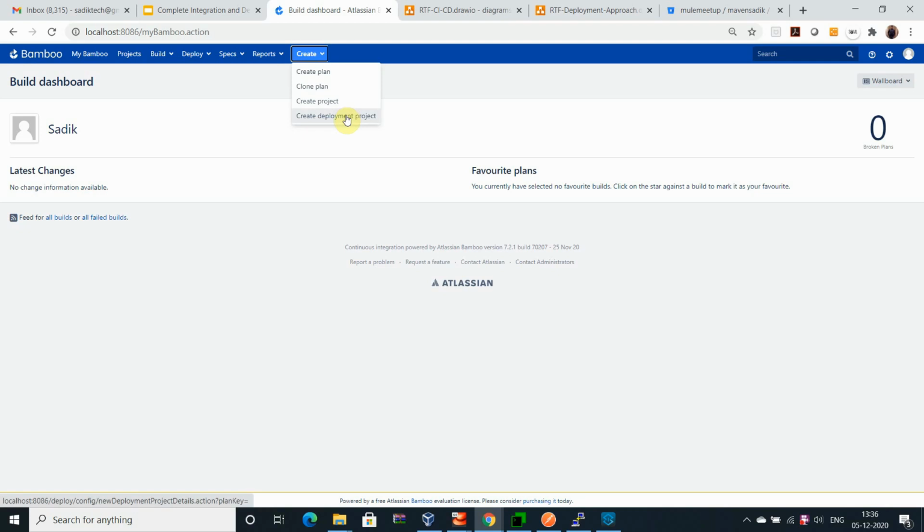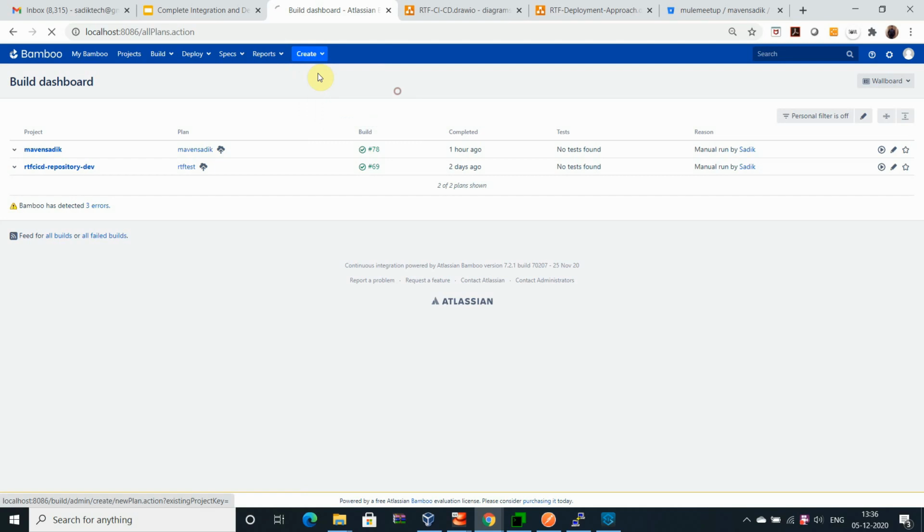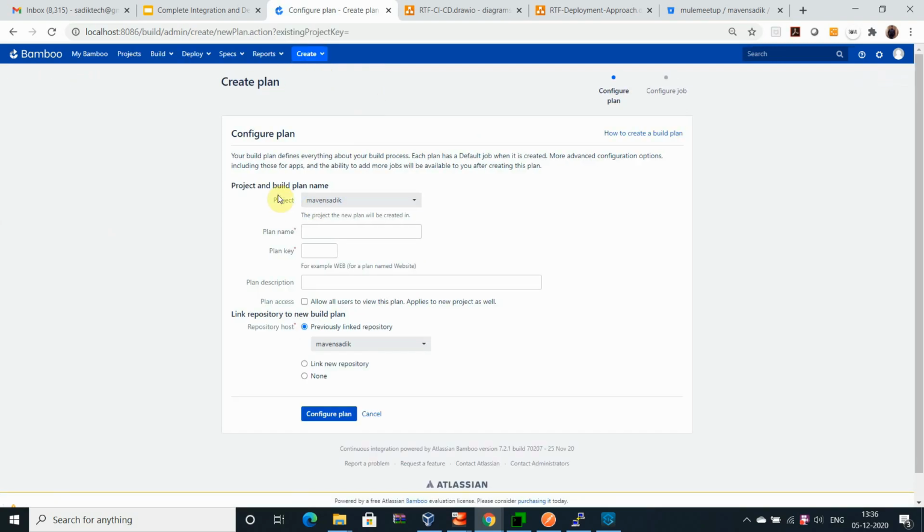Okay, on the environment one by one. So I'm not going to explain some parts, the major part I will not be explaining here. First you have to create the project. That's the simple part. Then you have to go to create a plan. Like, you have to create a project. If the project is there, that's fine. If not, you can create a new project.